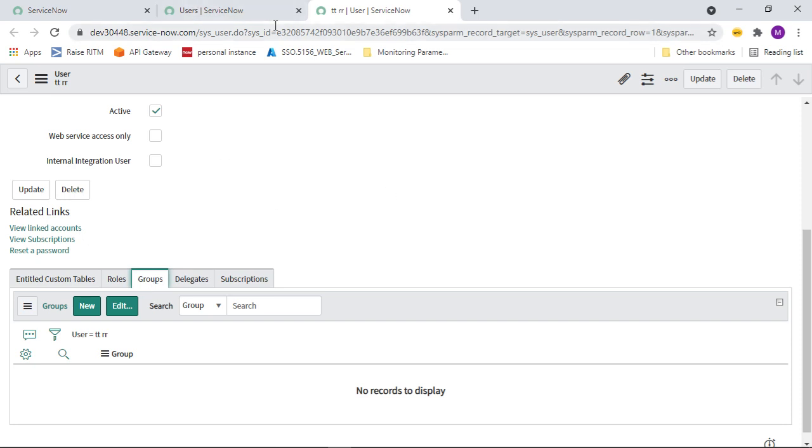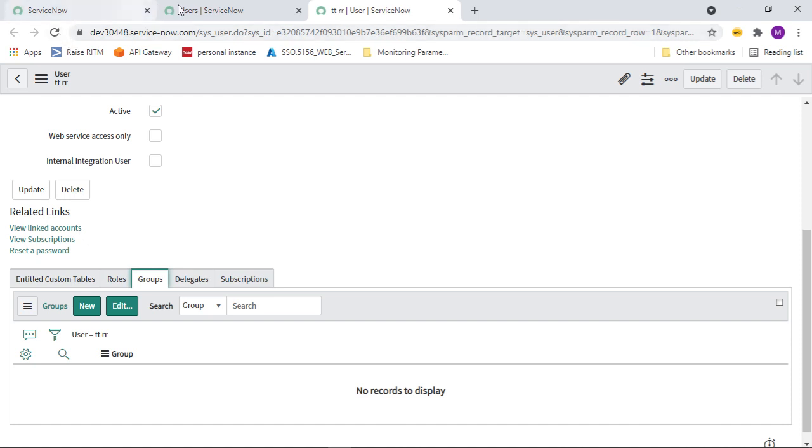So next we can go for groups, how we can create the groups. First of all, what is a group, right? A group is a set of users who share a common purpose. So that is called a group. So we will just talk about it now. Users who have the user admin role can create and edit the groups, right?